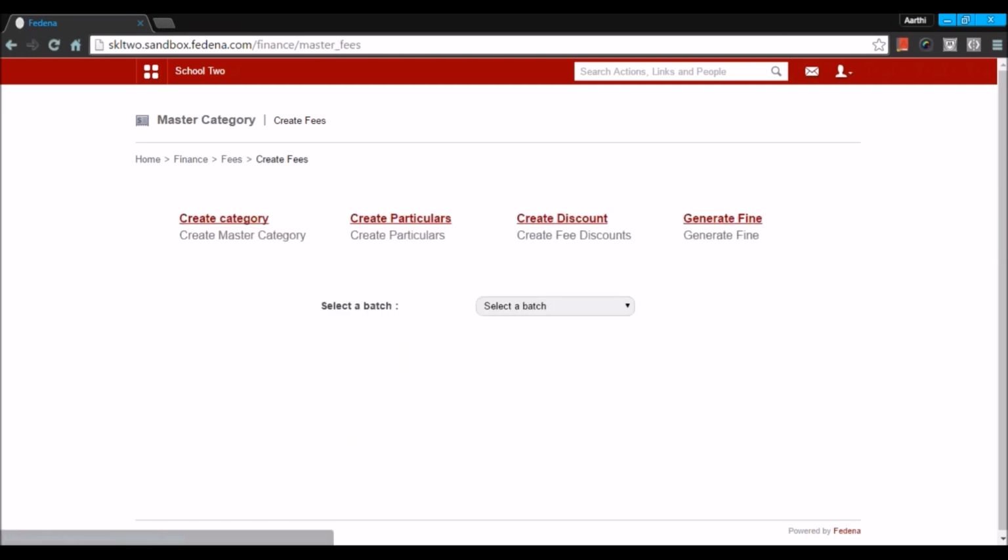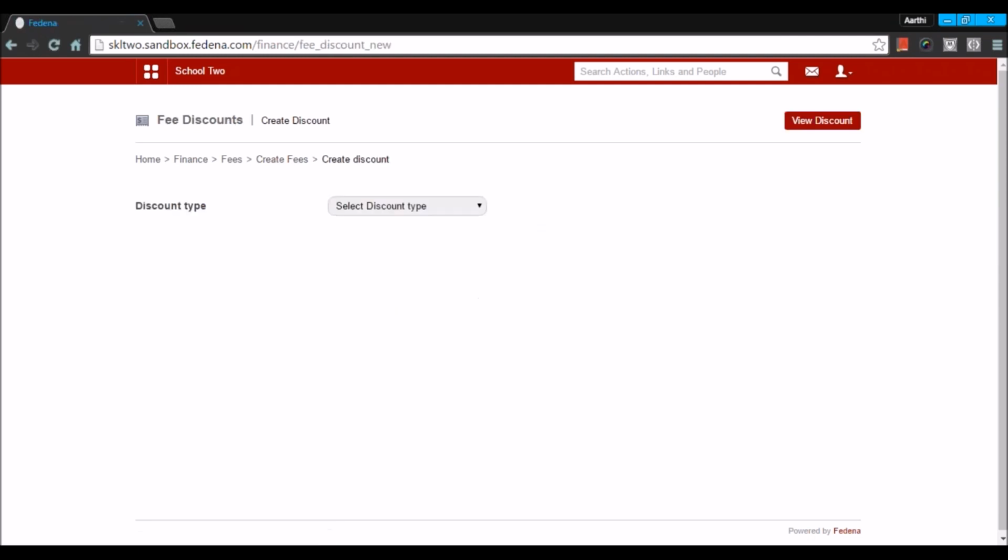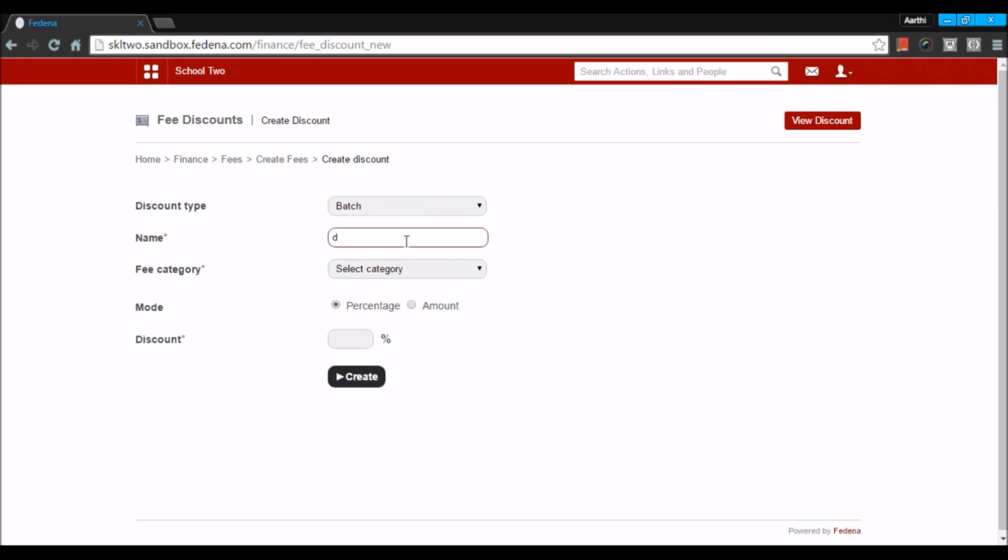And in this master category, you have to create discounts. Then you can create discounts as well. So while creating a discount, you can select the discount type. The various discount types that Fedena supports: batch-wise discounts, student category-wise discount, and student discount. So let's say I'm choosing a batch-wise discount. I can give a discount name here,